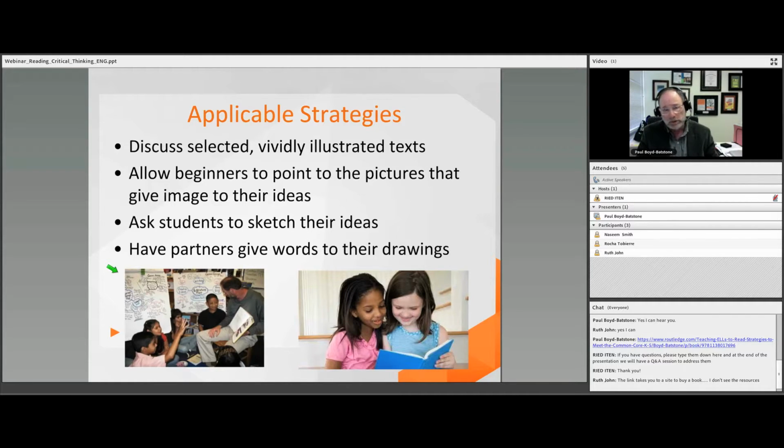Here's some more applicable strategies. We're going to discuss selected, vividly illustrated text, as I mentioned earlier. We can allow those level 1 students, those beginning students, to point to pictures and images that help their thinking. We can ask students to sketch their ideas. We can have them work with partners, so that maybe one partner helps supply the words for another